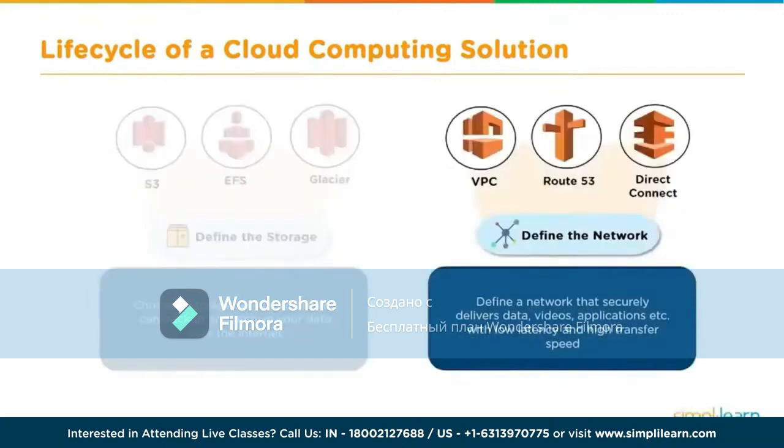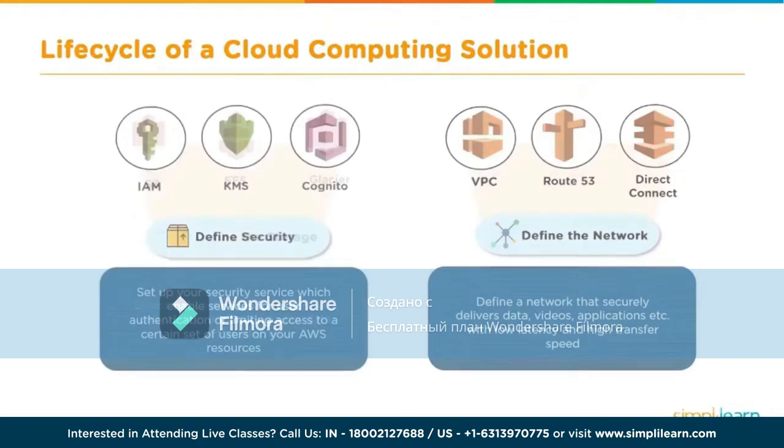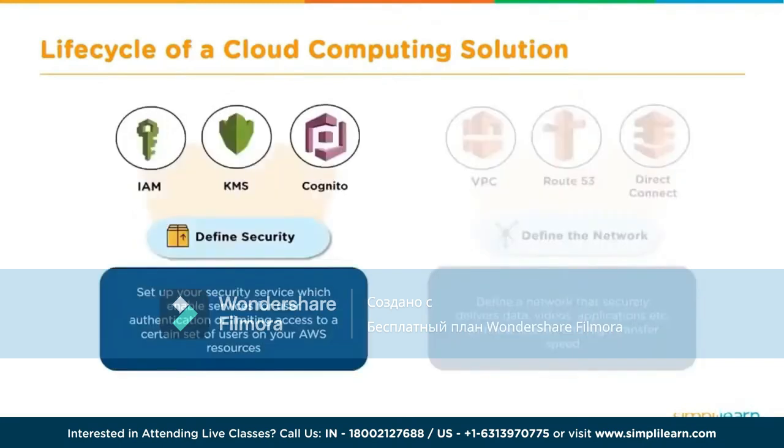Define the network that securely delivers data, video and applications. Define and identify the network services properly. For example, VPC for network, Route 53 for DNS, and Direct Connect for private P2P line from your office to the AWS data center. Set up the right security services, IAM for authentication and authorization, and KMS for data encryption